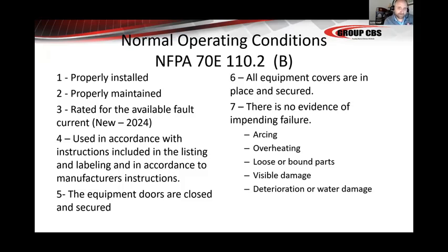Probably not. However, I could tell you there's a lot of facilities, a lot of customer sites we go to where we find water, we find things that haven't been maintained as they should have. And if you're ever uncertain about something, or if you can think about your plant and that piece of equipment that maybe gives you a little bit of a nervous feeling, then maybe remote racking and switching is a good solution